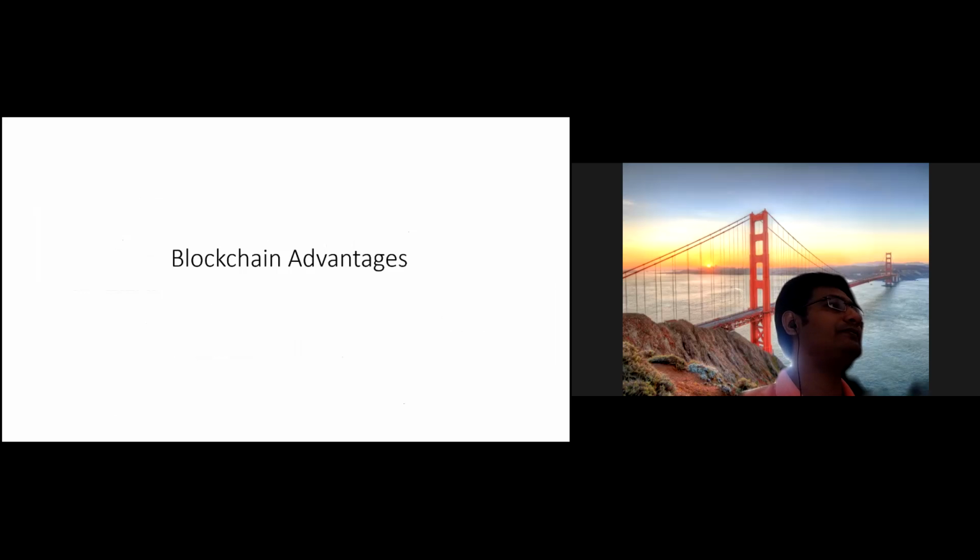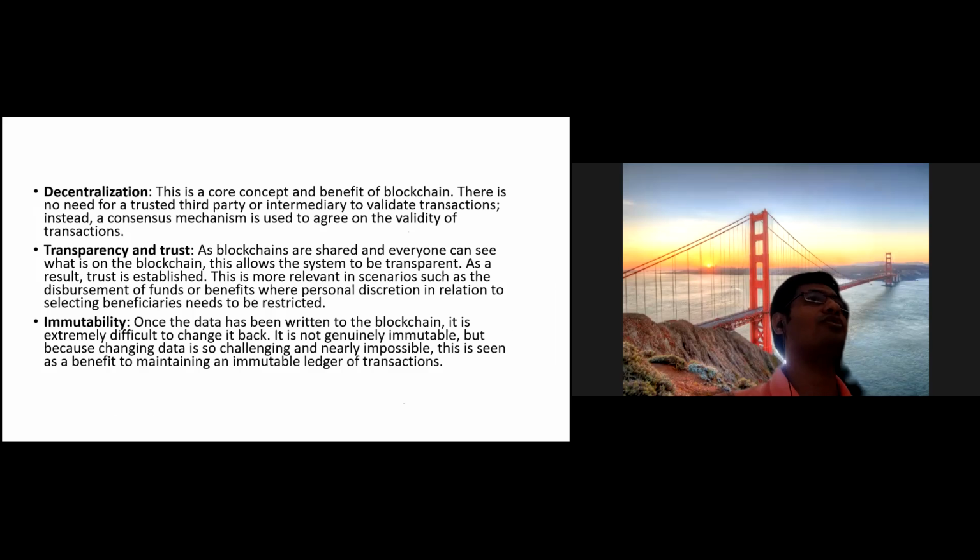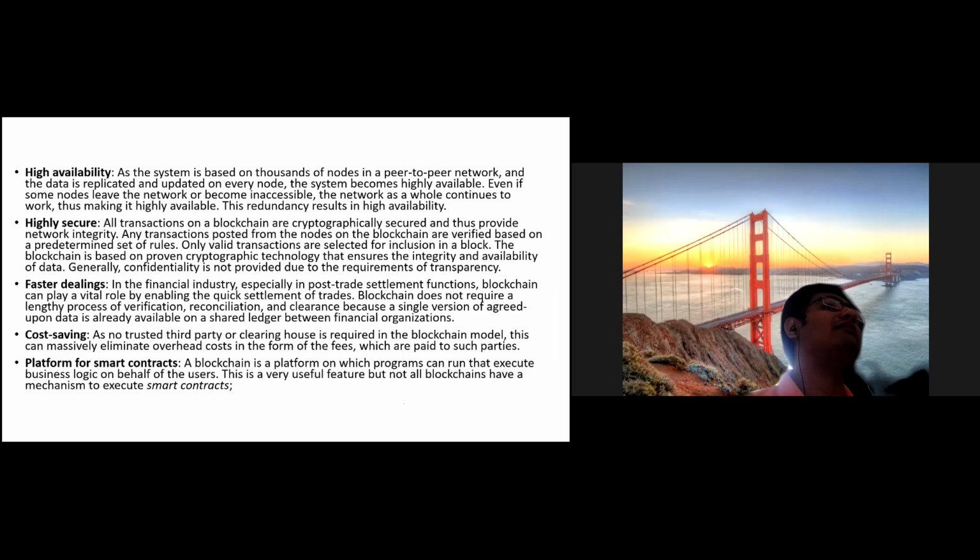Perfect. Now, what are the advantages, right? We already discussed the advantages. I'll just give it a glance, so that you all can correlate, right? So these are the advantages we have in a blockchain. It is decentralized. I think we don't need to discuss that now. Everybody is aware. It is transparent. It is immutable, so you cannot alter anything. Nothing can be altered. It provides highly available information, so you don't need to rely on anyone to give you information. It uses cryptographic technologies such as hash and cryptographic algorithms, so it is highly secure.